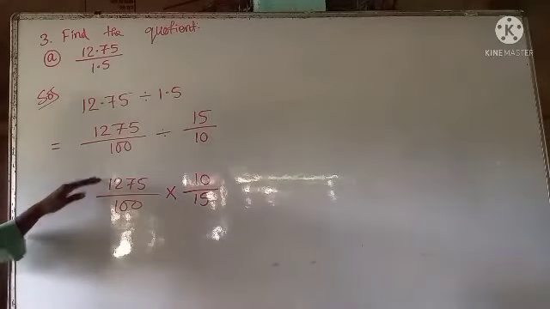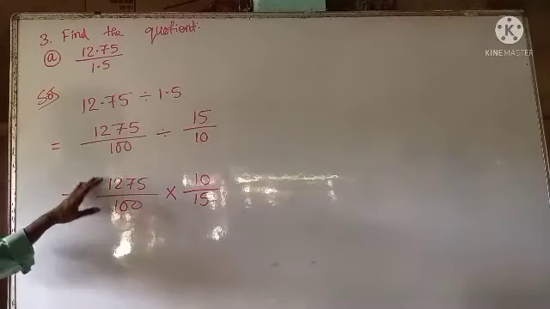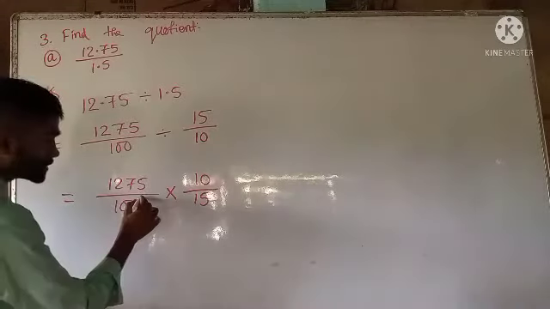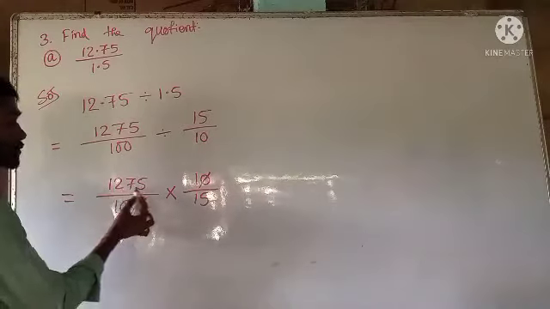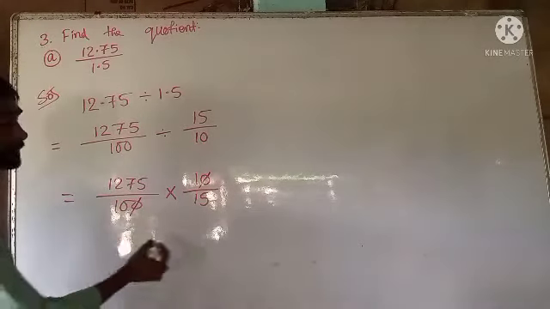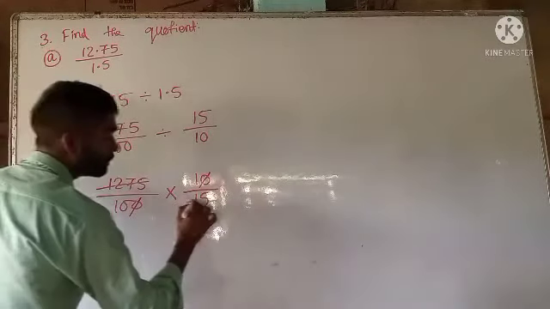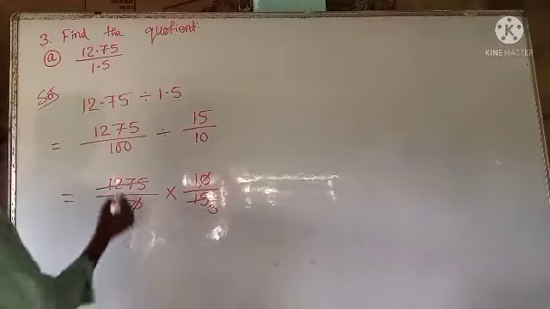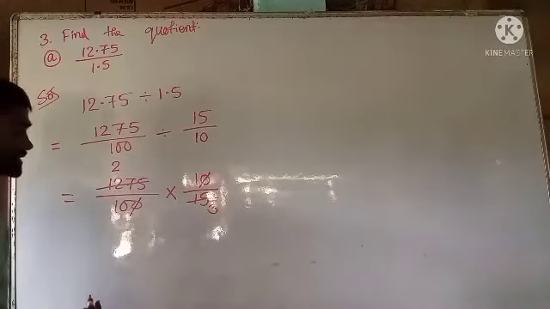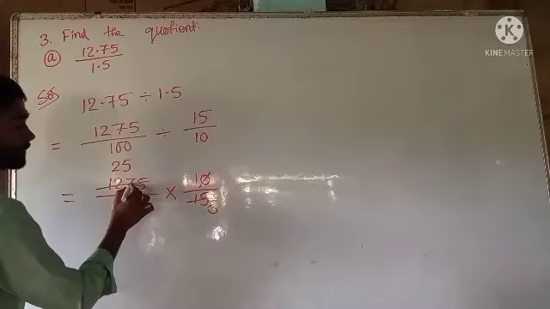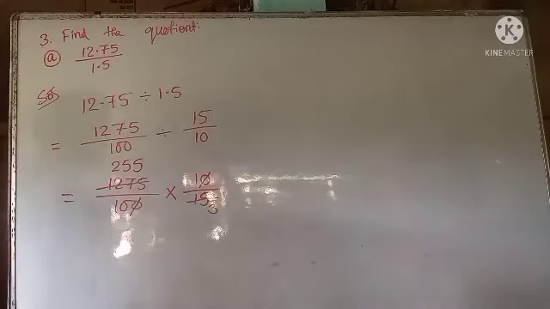Now the numerator and the denominator we can cancel by the same common factor if it is possible. So here we can cancel this 0 and 1 0 from here. Now this 1275 is divisible by 5, and this 15 is also divisible by 5. So let us divide them by 5. 5 3 times is 15. 5 2 times is 10. 2 in hand, that 2 is carried to the next number, it becomes 27. 5 times is 25. Again 2 is carried to the next number, so 25. 5 times is 25.